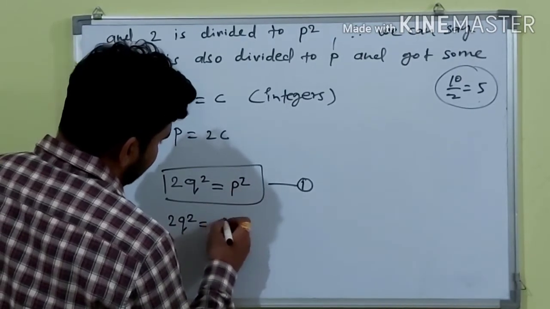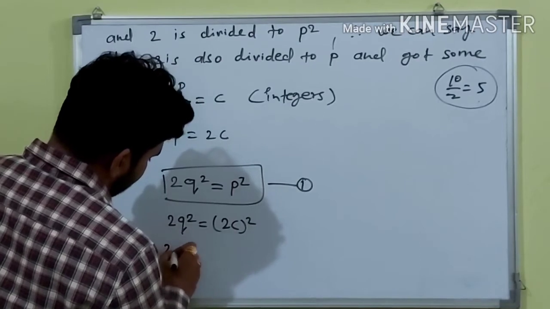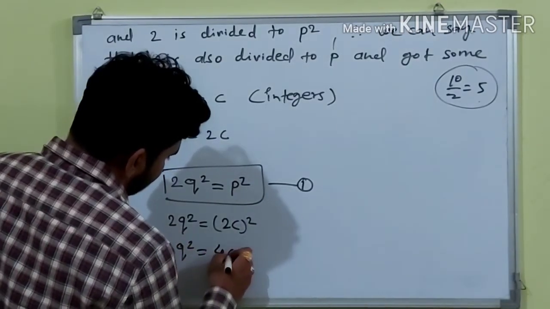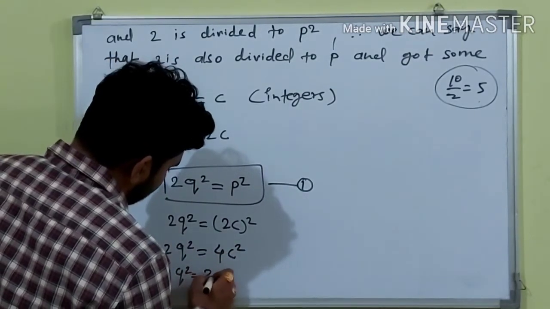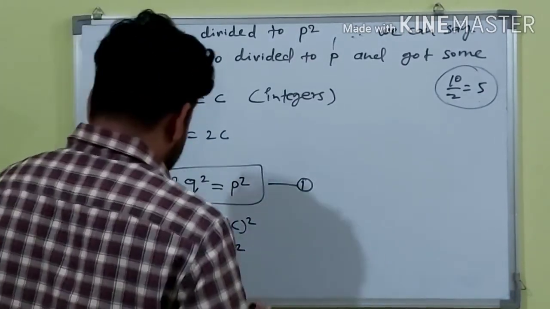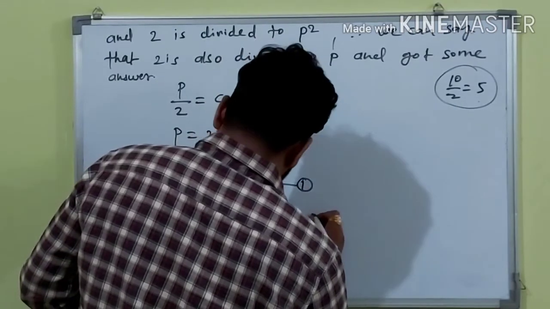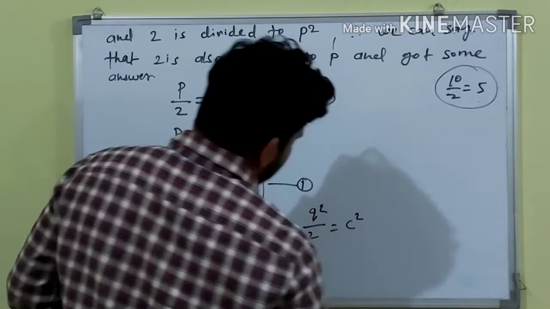The value of p is 2c. That means it is 2q square equals 2c square, and q square is equals to 2c square. That means q square divided by 2 is equals to c square. Okay,